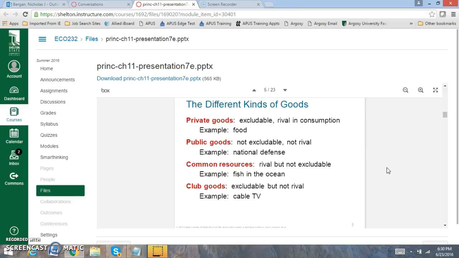There are different types of goods that we're going to focus on: public goods, private goods, and common resources. When we look at private goods, that's goods that we purchase, like food and gasoline. When we look at public goods, those are going to be street lights, parks, national defense. Common resources are going to be fish in the ocean. And the problem that we're facing with all of these is